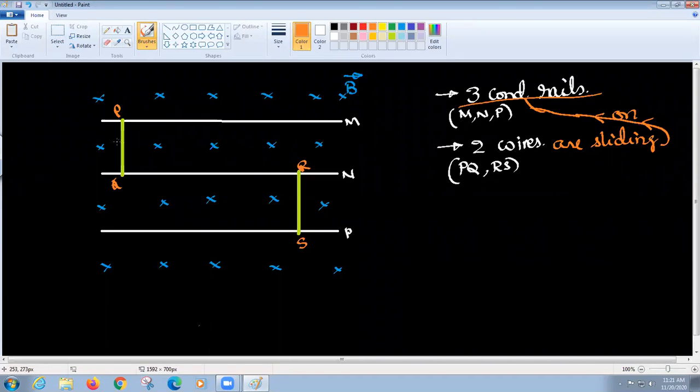So these two sliding wires are sliding on these three conducting rails M, N and P. Now say in this scenario you're given like this. So this is connected across R1, and this resistor, I'll take R2, is connected across N and P conducting rails, and R3 is connected across. See, in circuit theory we can take like this, some bending.